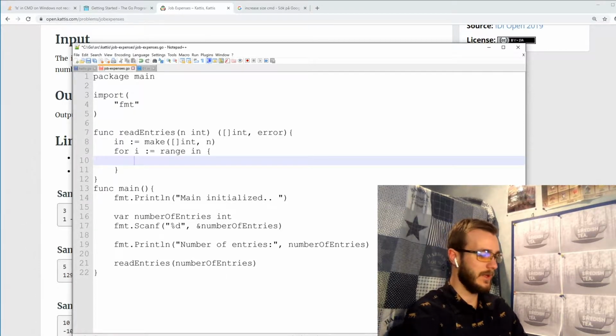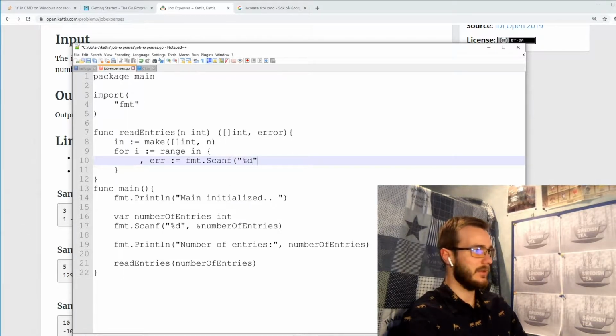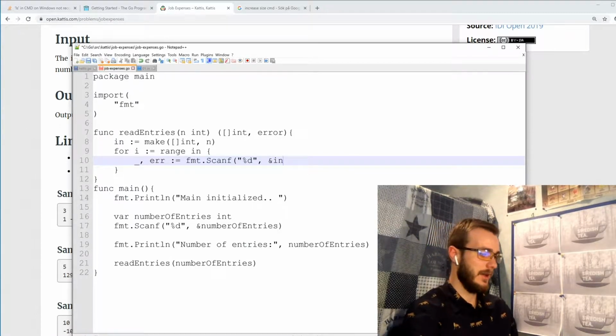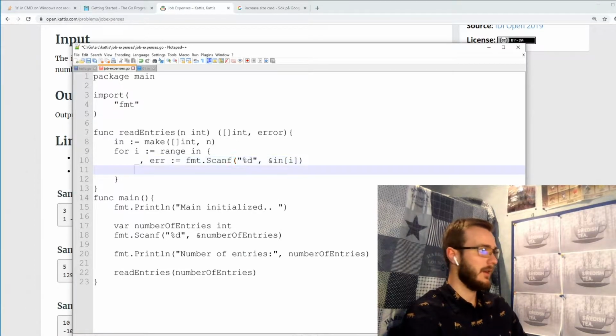We'll do this by scanning once again using fmt.Scanf, and it'll be integers, so we'll use %d, and this time we'll point to our array and the specific index that we're looping over in this array, so we'll add it to the correct index. We can also handle this error, so if the error does contain something, it's not nil,